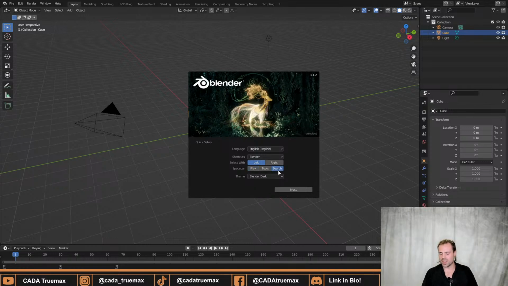Because if you're an animator, it might be nice to press space to have your animation play, but the hotkey for that anyway is shift space, so that doesn't really matter. What search does is allows us to search for whatever function it is we're going to use, and that is really, really nice for beginners. And then after that,